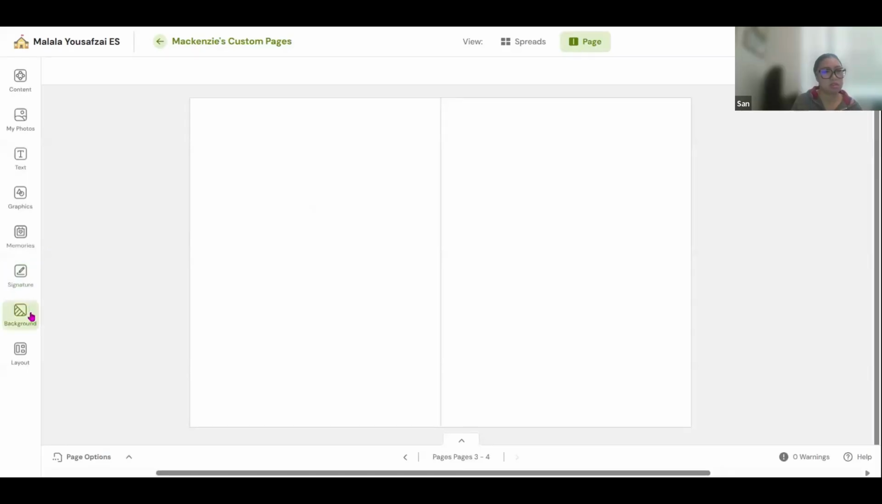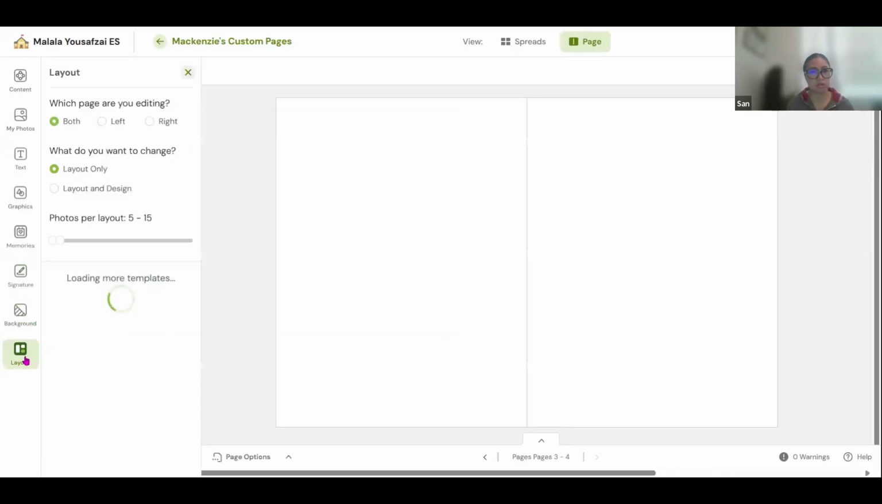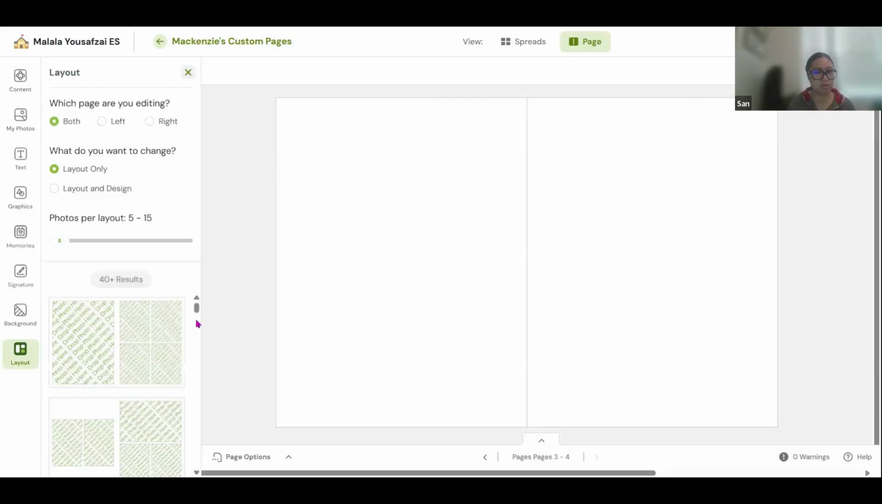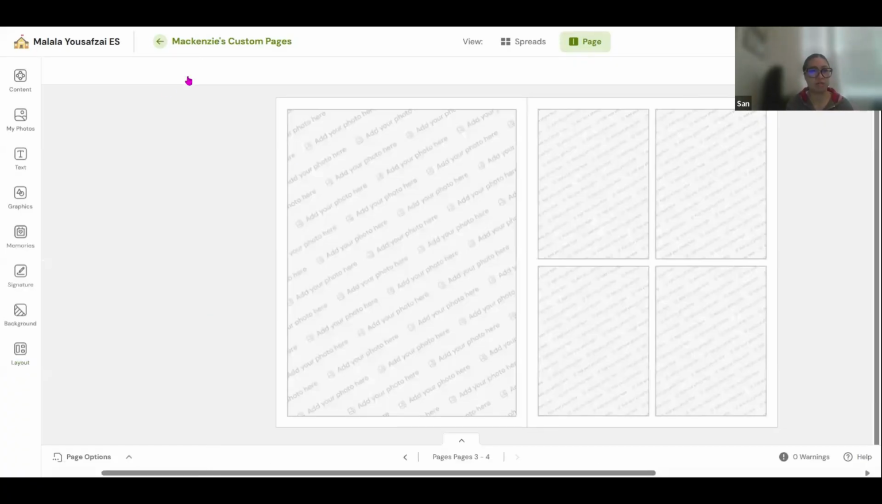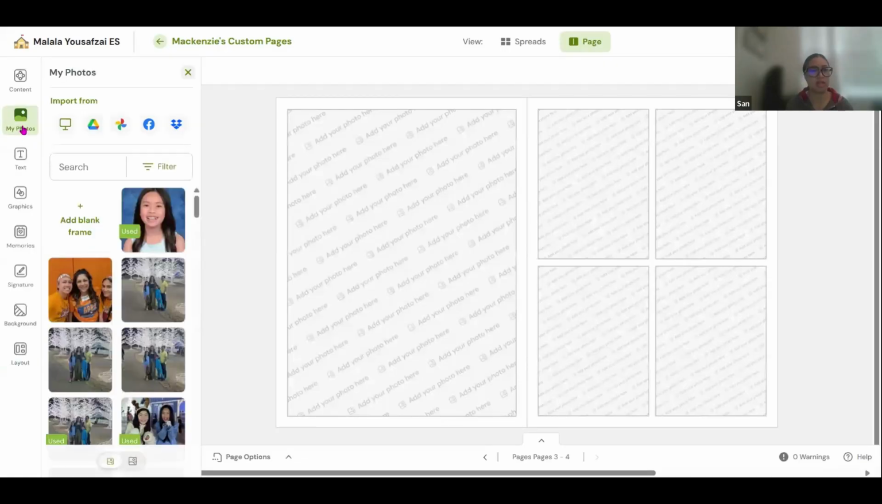Okay. So we just had a question about adding photos in. So let me just add this layout right here. I'm going to do both layout only, and I'll just do this. I'm going to X this out right here, and I'm going to go to my photos, which is right here. And then I'll show you guys how to just,